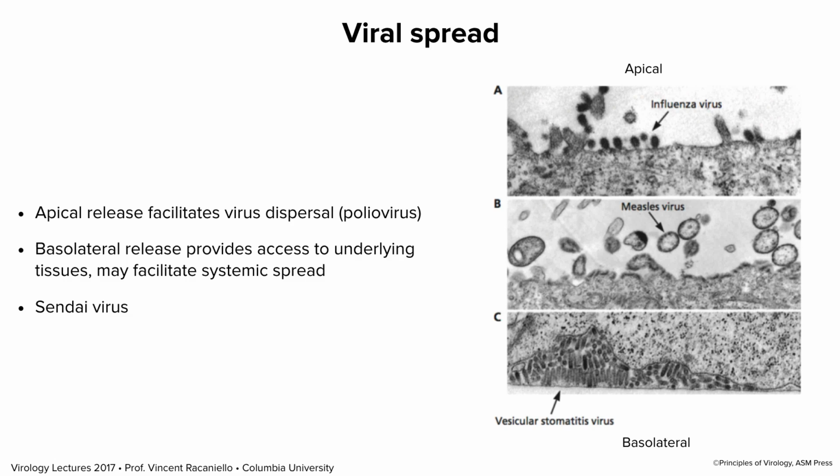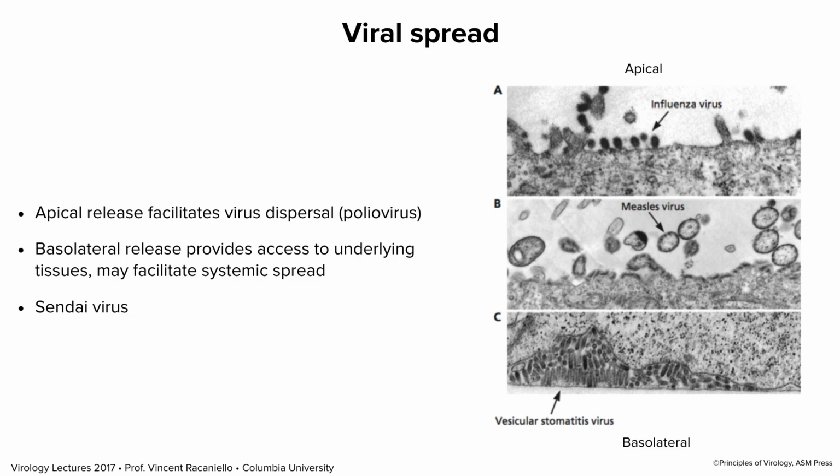You can make a mutant of the virus. You can alter the viral glycoprotein in one or two amino acids. So now it's released both apically and basolaterally. What do you think is the pathology of that virus in a mouse now? It can spread. It causes disseminated infection simply by virtue of it being able to be released from the bottom of the epithelium. Now, it's not always going to be all that's needed, but it illustrates nicely how directional release is really important for spread from the initial site.